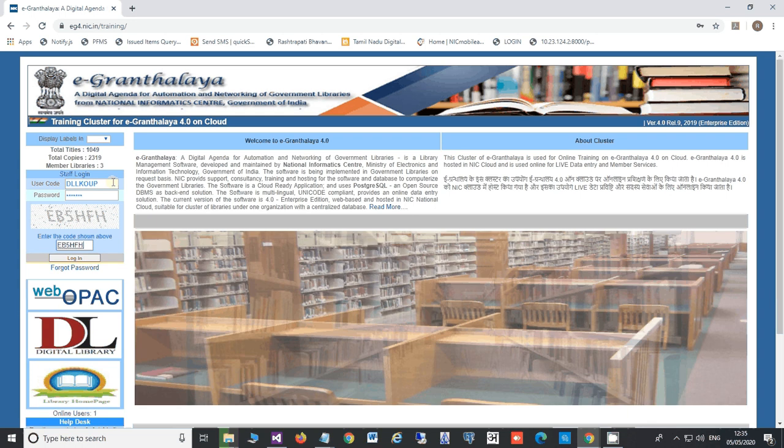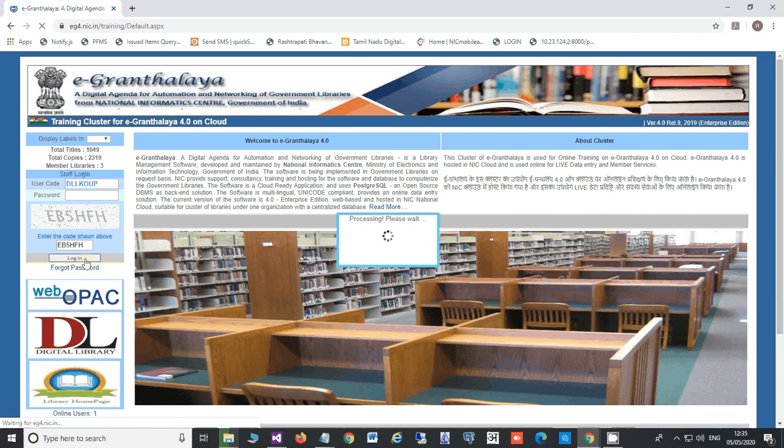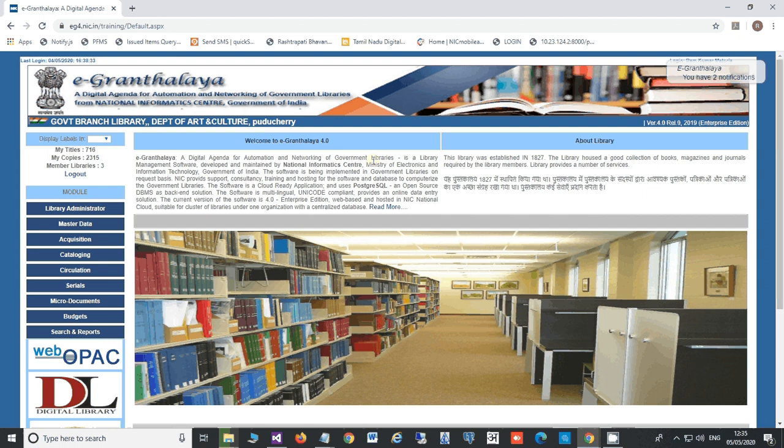After putting in all these three pieces of information, press the login button, and in case you have provided all three correctly, then you will be able to log in to the application.